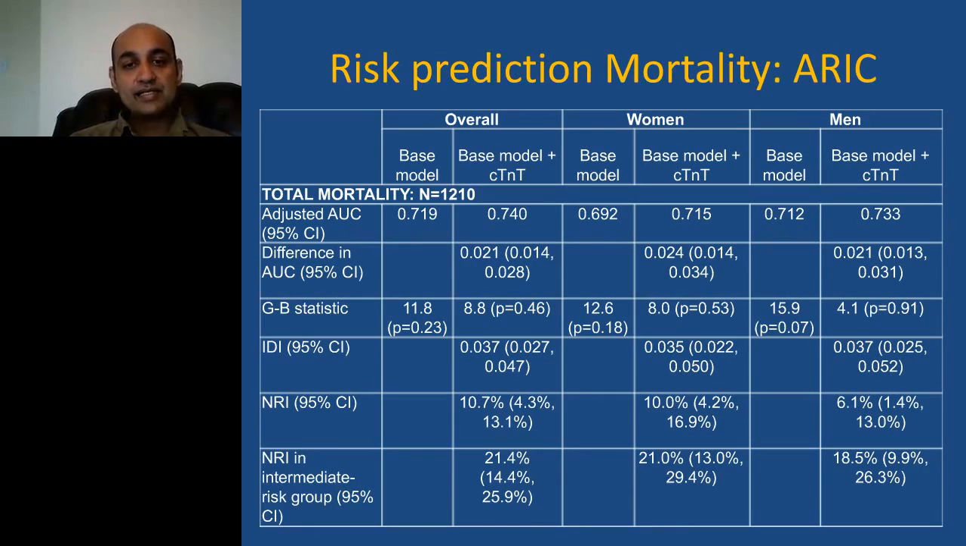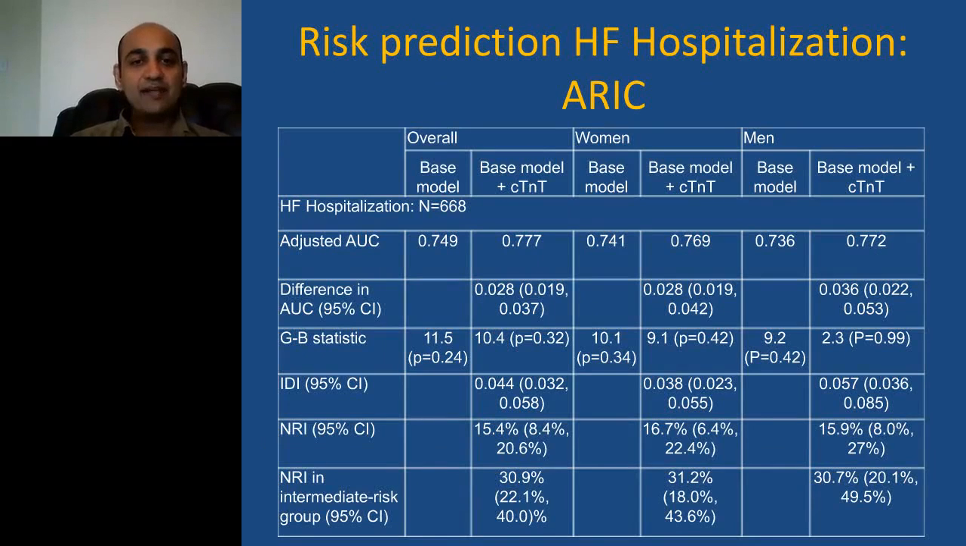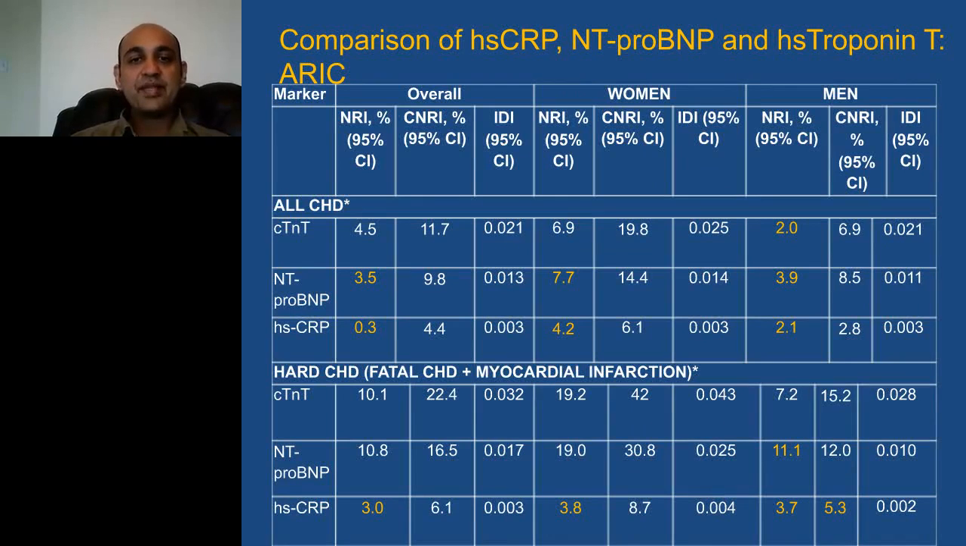The AUCs increased really robustly, and you can see the net reclassification index also improved across the board, be it in men, women, or in the overall group. And finally, for heart failure, the risk improvement was the most spectacular, with really improved AUC and also the net reclassification index itself. So when we compared the three popular markers, hsCRP, NT-proBNP, and troponin T, what we found was,